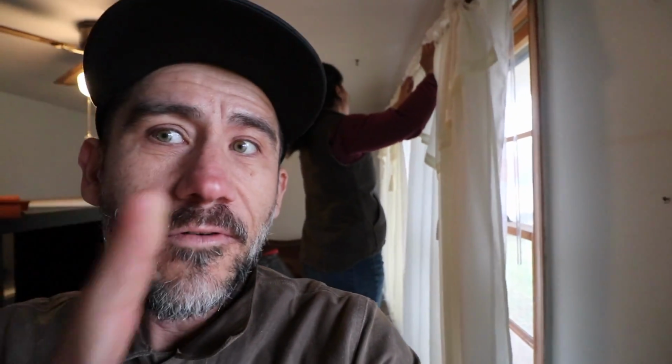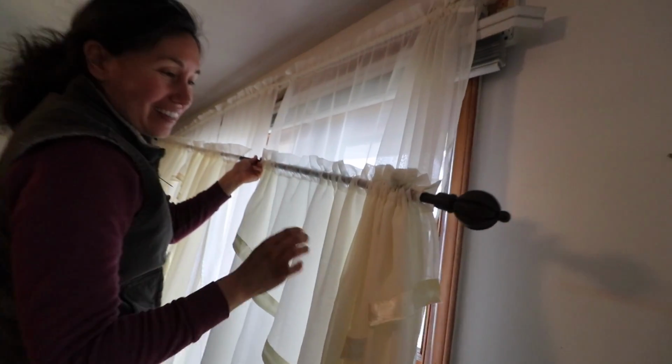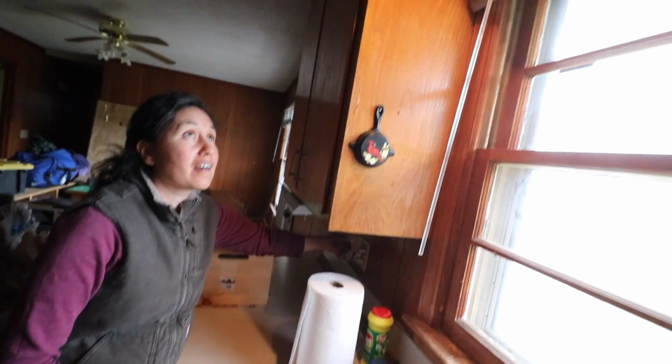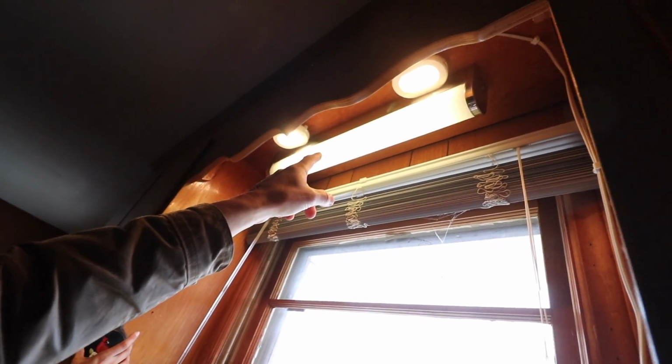First thing we're doing when we're moving in is taking down these curtains. Yes, they are not quite our style. You know, we still have meat chickens coming, already ordered. We're doing turkeys this year. Those are already ordered. Switch on that light. 1960 shop light. A lot of moving parts, but we're excited to be here, ready to start this new journey,